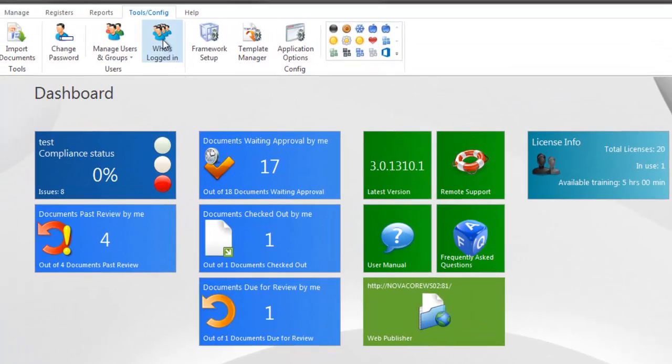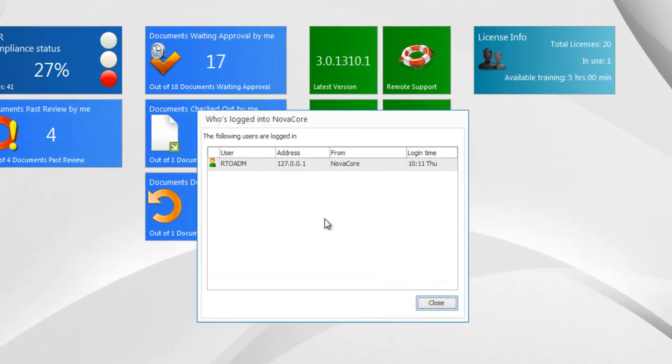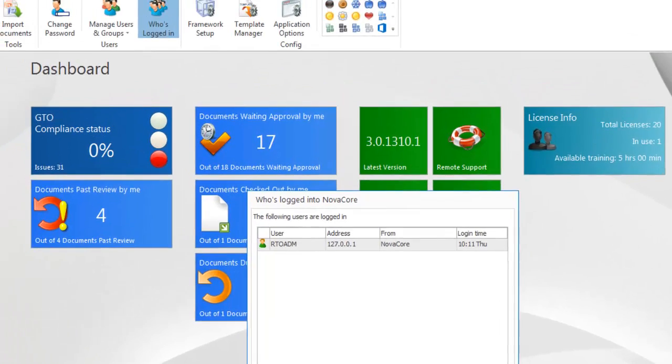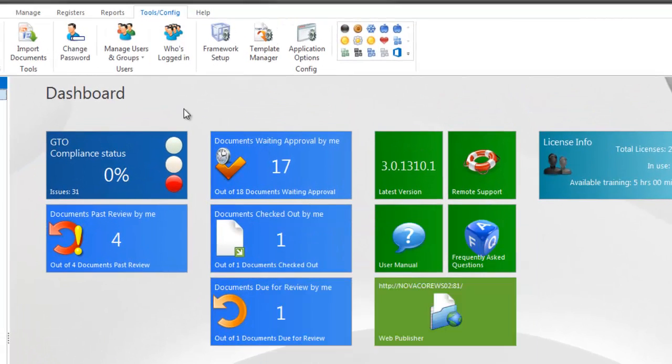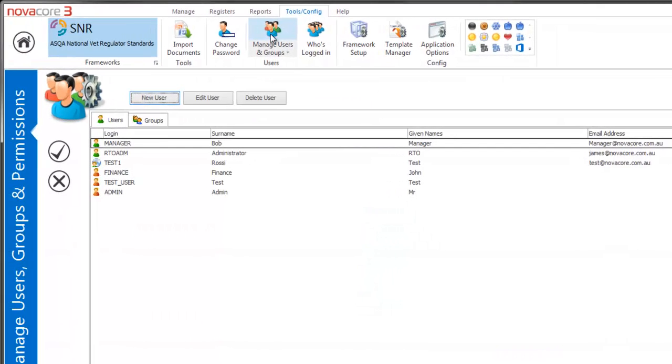You can also see other people who are logged into the system, see their IP address and the time that they logged in and which user it is. But right now we're going to create some new users. What we want to do is click on the Manage Users and Group icon. So the icon is a picture of what look to be like three gentlemen wearing three different colored sweaters. So we're going to click on that one, and it's going to bring up our Manage Users and Groups and